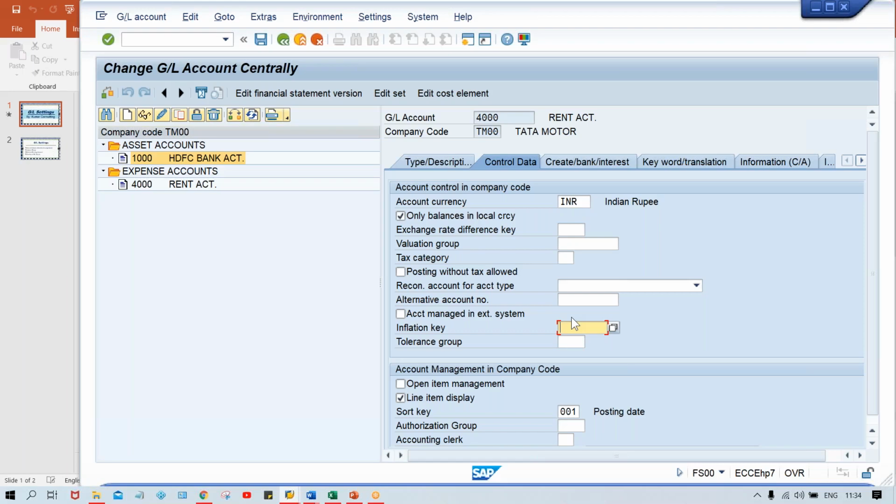Once the client understands the functionality, they will decide how many account groups are going to be created. Creation of account groups is not our decision, guys. That is decided by the client. We just need to explain the functionality of this account group, what the advantage is, and what is going to be controlled by it. Once you explain these things, the client will tell you, okay, I need 5, 10, 15, 12, whatever it is, that is decided by those people. So this is how the fields are controlled by the account group.